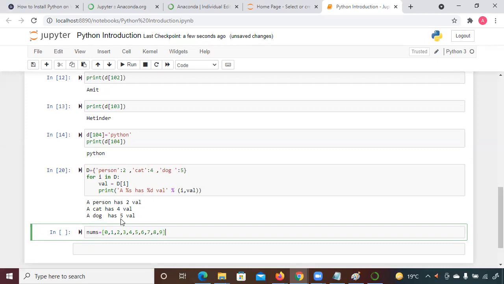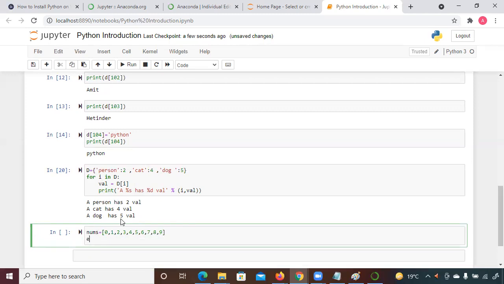So suppose in the dictionary we want to perform square operations, so how are we going to do that? And same, we want even numbers to be printed. So even number, I'm giving a name equal to. Now whenever you see curly braces, it means a dictionary has started, you are working on a dictionary.